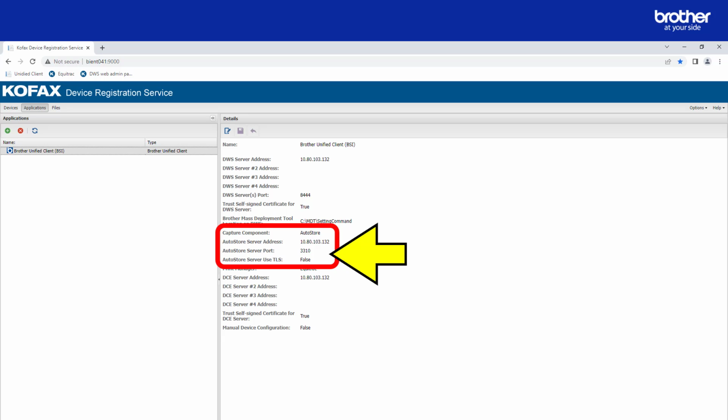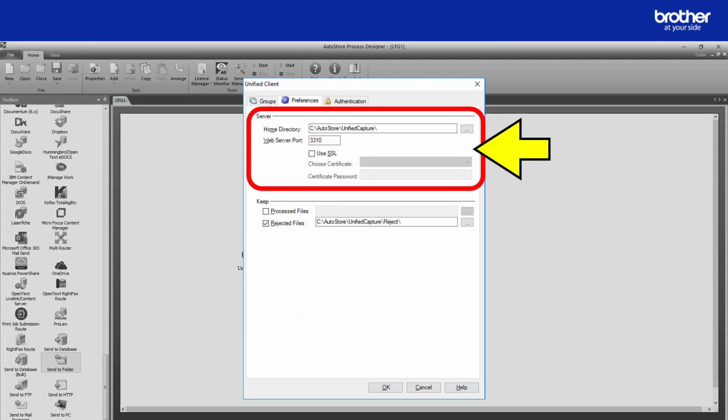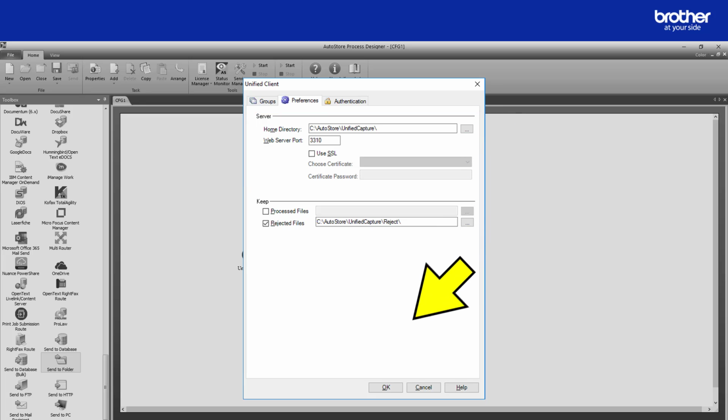If this is enabled in your environment, you will also need to select the Use SSL option here and configure a certificate. Since this is only a demo server, I don't have it enabled. To close this window, click the OK button.